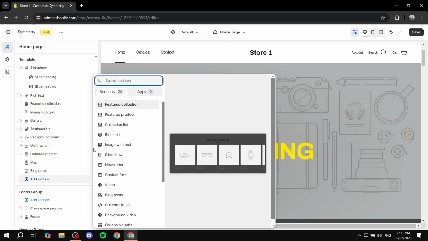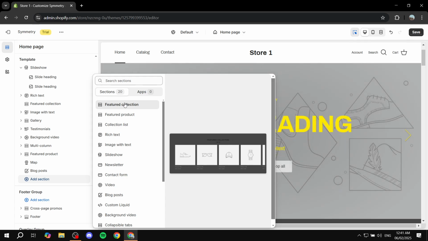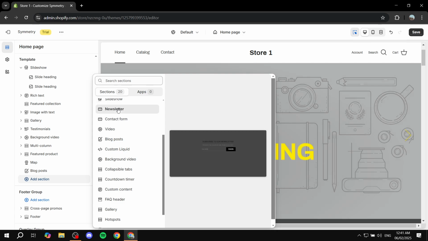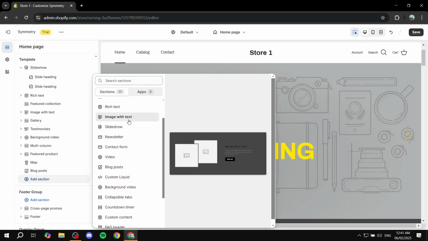If we just click on add section, we can click on sections here, and we can see different things here. Feature collection, which is going to showcase a specific collection that you have in a unique way. You have feature product, collection list, rich text. Let's just focus on things that are